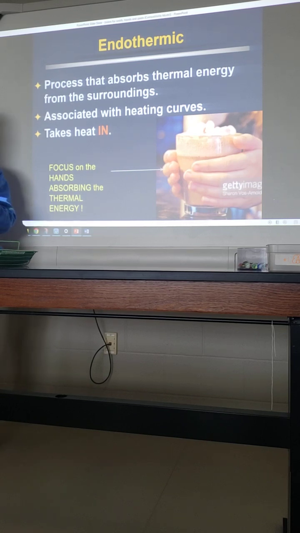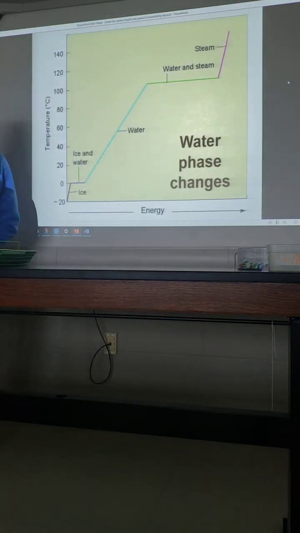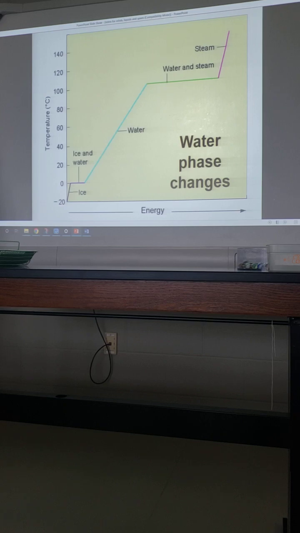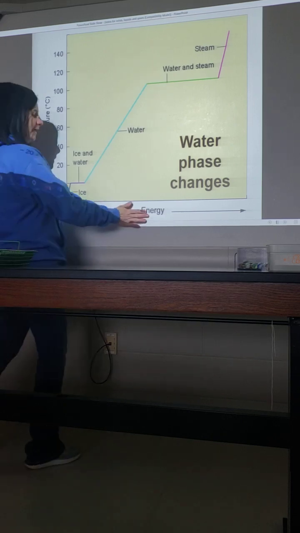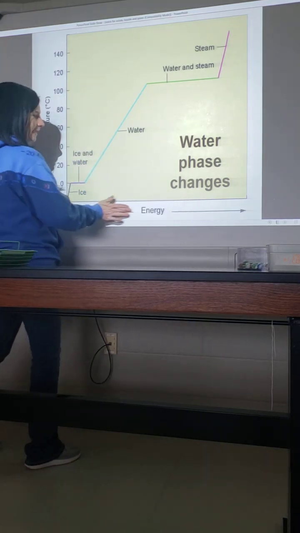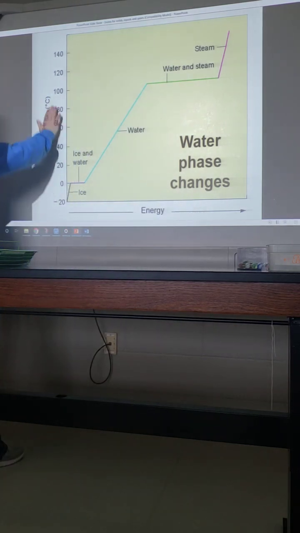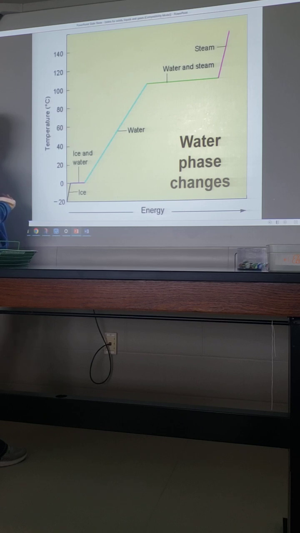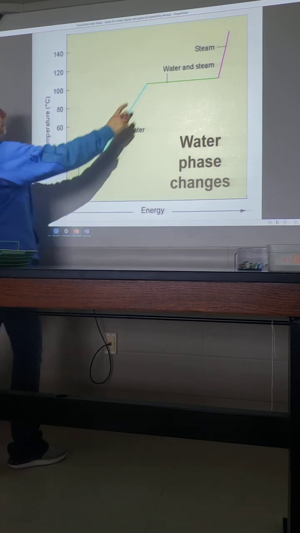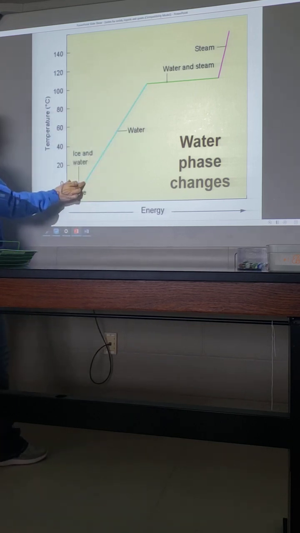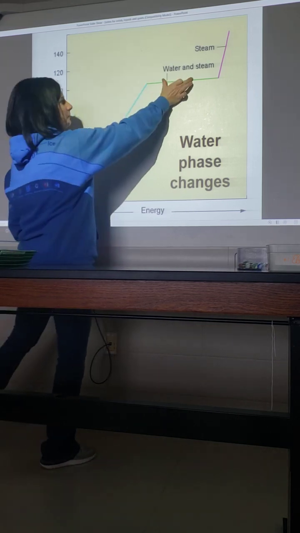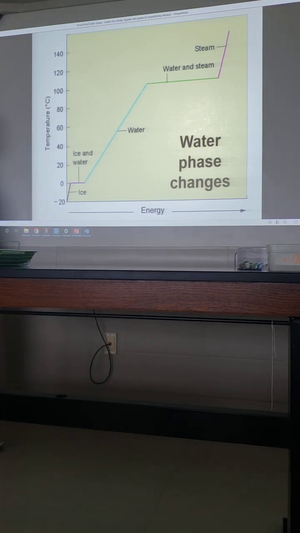Hands are taking the heat in, endo in. Again, here it's back to showing energy, so thermal energy being added throughout the system. We still have temperature on our dependent variable axis over here. So we're back to looking at water because here's 0 and here's 100. So this is our bridge area, right? Our plateau, our 3 Ps with the phase changes happening and